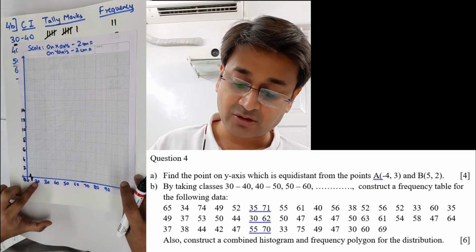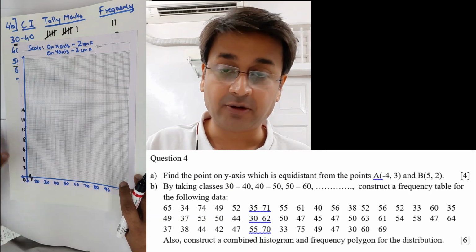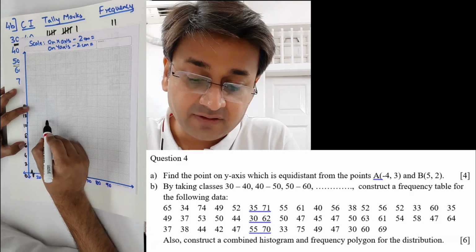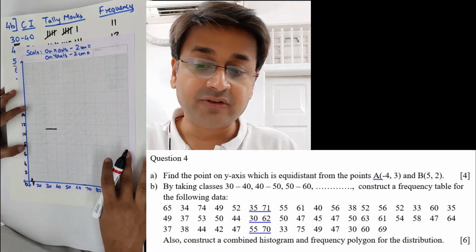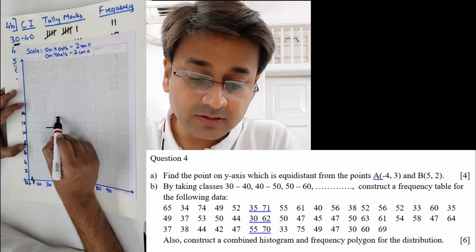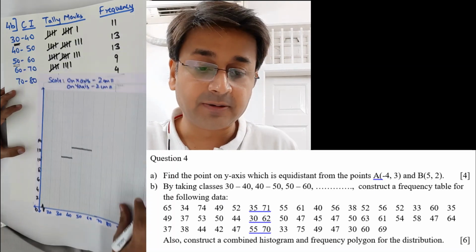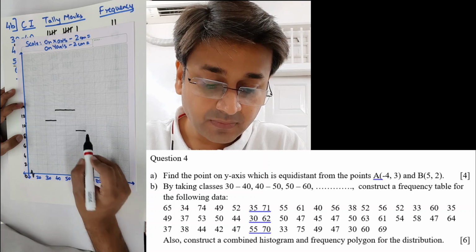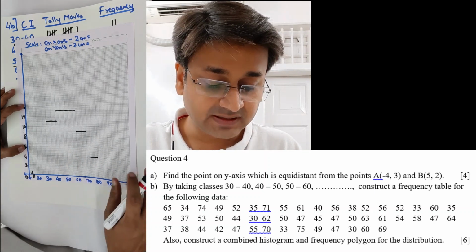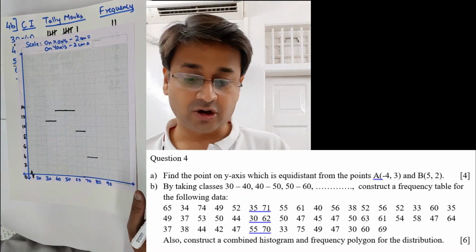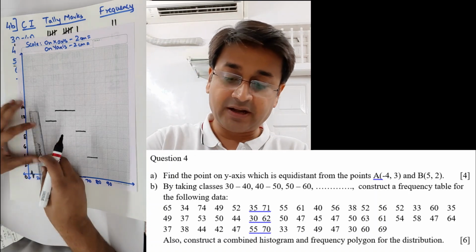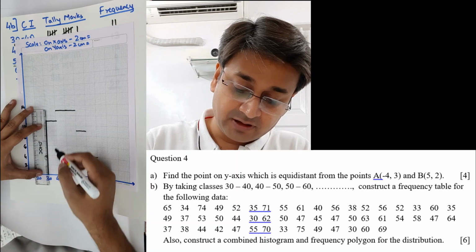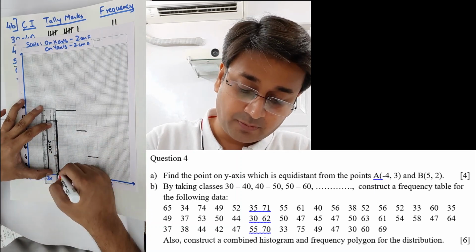Why? Because this is 0 to 20, 20 to 30. So unequal. Now 30 to 40 is 11. 40 to 50 is 13. The next one also is 13. Then 9 and 4. So this is 9 over here. And the last one is 4. That is 70 to 80. So let's join all of them to get our histogram. So the second part will be done, and then we'll go for the last part, that's the frequency polygon.